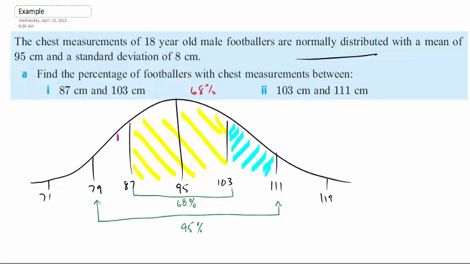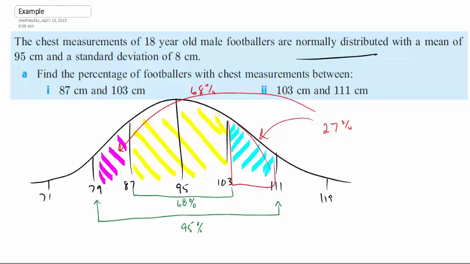So if I were to subtract those two, I would find the blue plus the purple. So if I take 95 minus 68, that's going to be 27%. And that's distributed between those two spaces, but I only want the blue part. I only want right here, so I have to take the 27 and chop it in half, and that is going to be